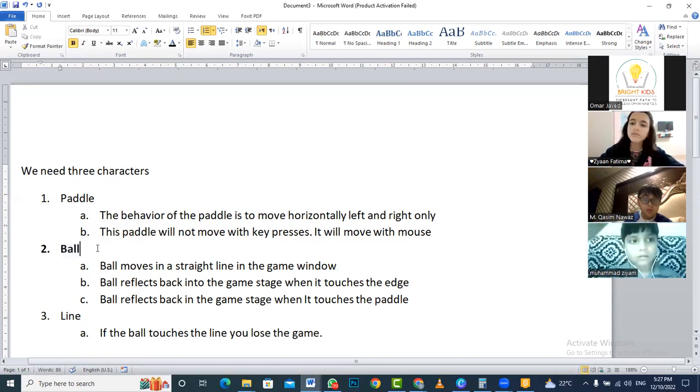Also, we need the backgrounds and all. How to start this game with a start screen, we will discuss that tomorrow. But today we are going to just figure out how the game is actually going to work. So we would say that